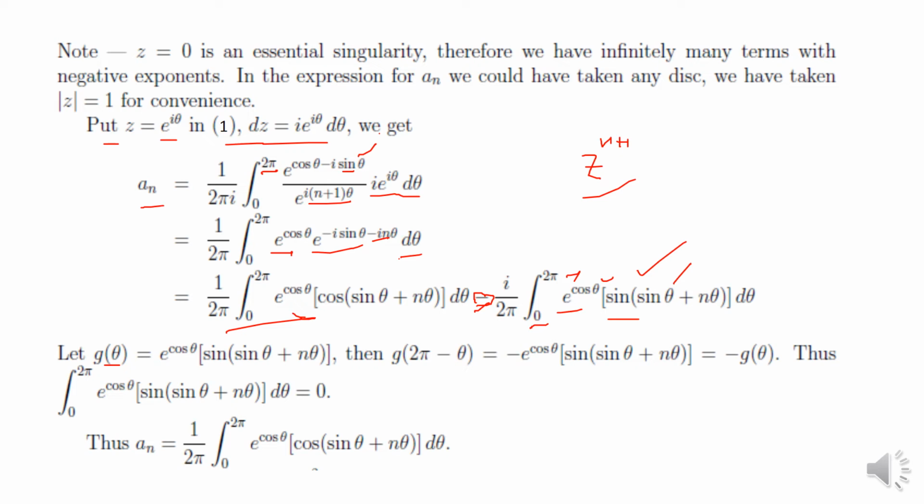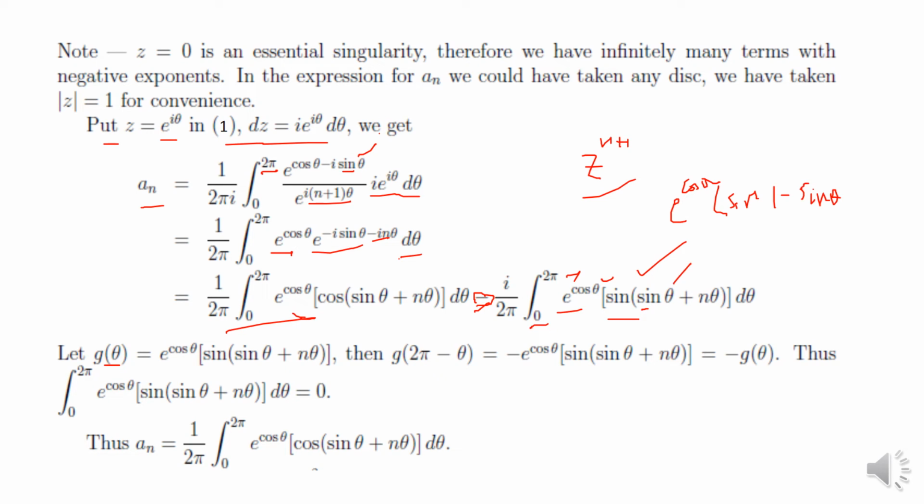It becomes e to the power cos 2 pi minus theta, which becomes cos theta, and sine 2 pi minus theta plus n 2 pi minus theta d theta. This is the value. So here, sine 2 pi minus theta becomes minus sine theta. So this is minus sine theta plus 2 pi minus n theta. So we can write down, this becomes e to the power cos theta